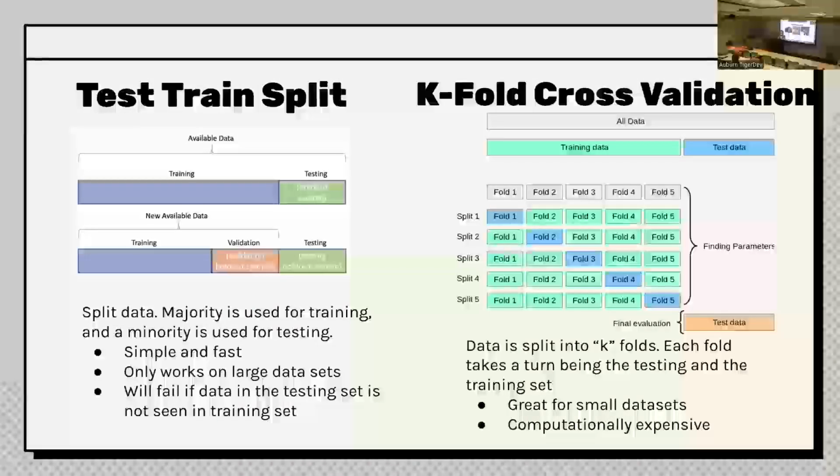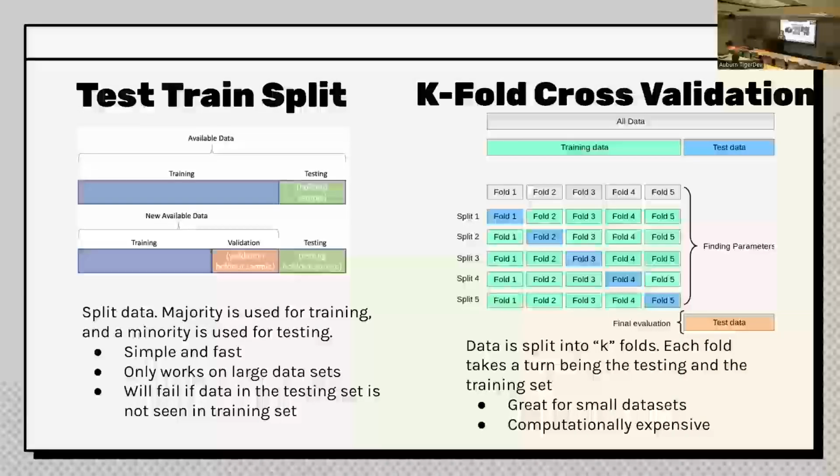After we split it up, every set takes a turn being the training or being the testing. That way, all of the data has a chance to be trained on, and all of the data has a chance to be tested on. Because of this, it's going to be a lot more robust, and it's not going to be as prone to failure. And it's great for small data sets where you can't afford to have 20% of the